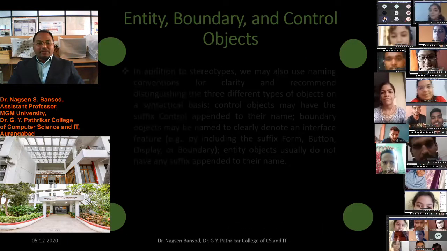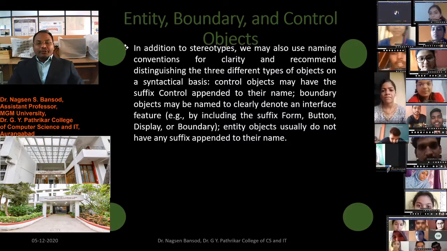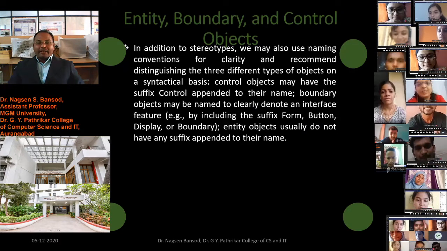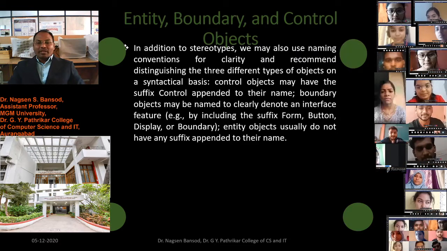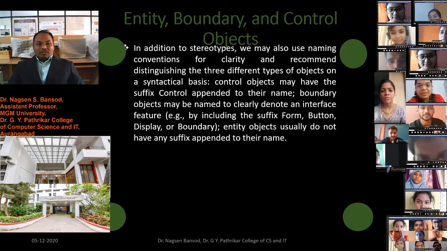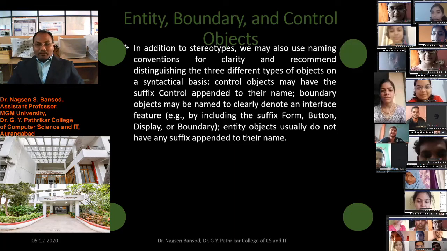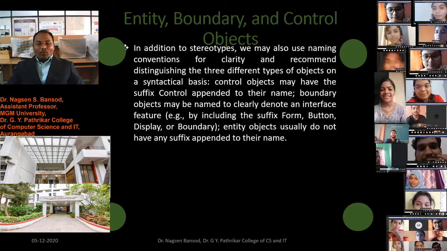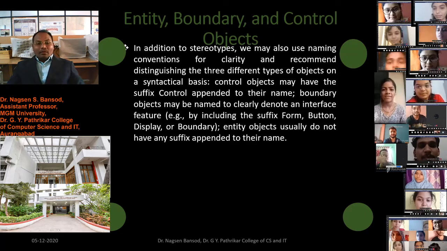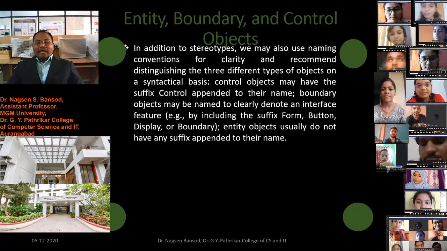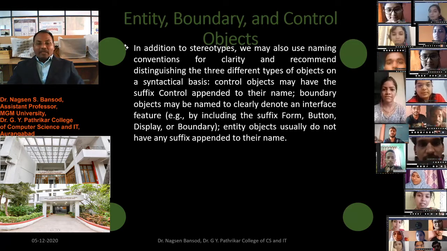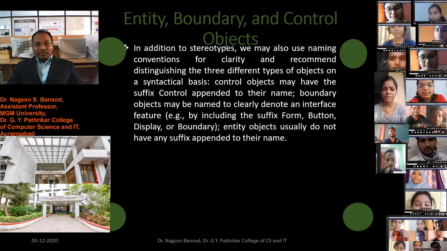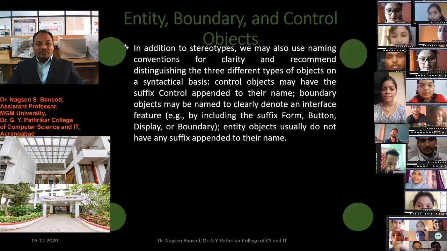You see in this figure, in addition to stereotypes, we may also use naming conventions for clarity and recommend distinguishing the three different types of objects syntactically. Control objects may have the suffix control appended to their name. Boundary objects may be named to clearly denote an interface feature, for example by including the suffix form, button, display or boundary. Entity objects usually do not have any suffix appended to their name.